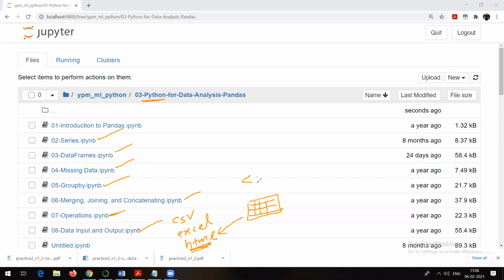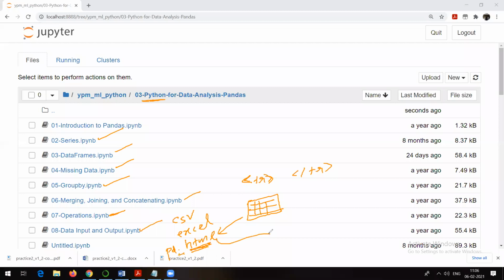That means it can read the data which is in TR tags. Some of you who are aware of HTML might know that we use tags to write HTML code. So the pd.read_html method is able to use only that data which is in tabular form from the HTML web page.